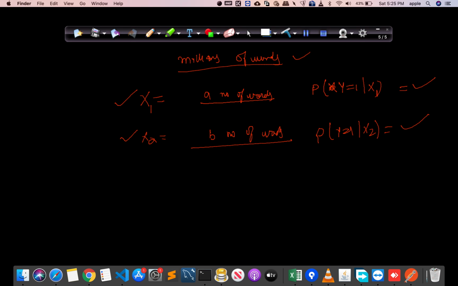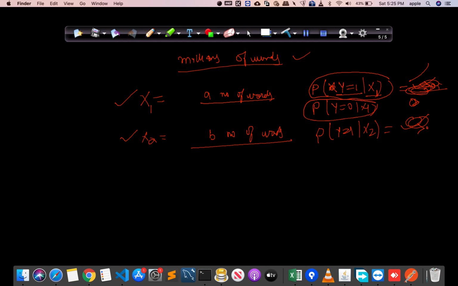And if this is greater than 0.5, we can say that this belongs to class 1, otherwise it belongs to class 0. This is not the absolute value, just let me make it clear. We will calculate y equals 1 for x1, and we will also calculate y equals 0 for x1. The value that is greater, we will select that class. And here also, this is y equals 0 and this is x2. So the term that has the maximum value of these two, we assign that class to x1, and in this case, the term which has the greater value, we assign that class to this data point. So this is as simple as that.